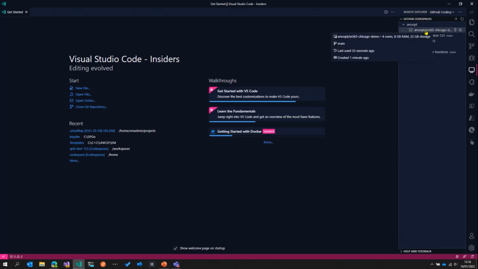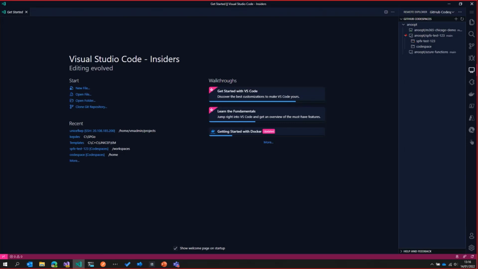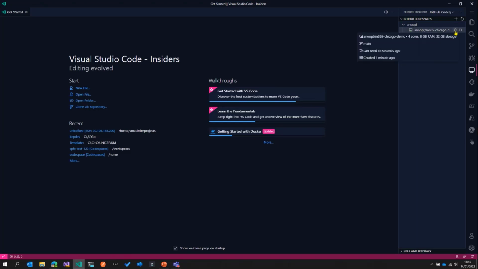Because in VS Code I have already connected to my GitHub account, it recognizes that there are some code spaces under my account, and that's the one which we created just now. So it is showing me that code space. So I'll go ahead and connect to it,